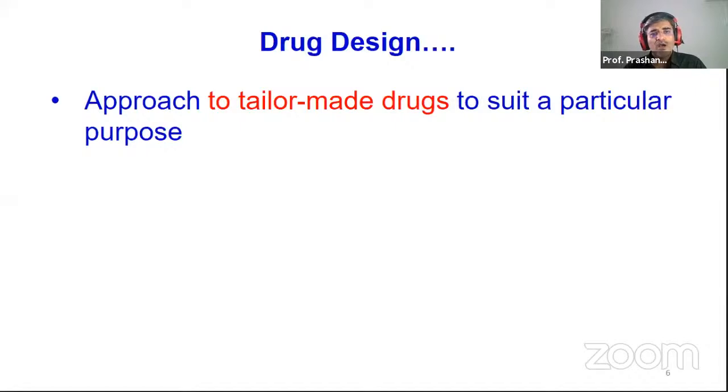The more I know about the targets or the organism against which I want to develop a drug, or the disease state where a particular protein is dysregulated, the better I can control that abnormality or dysregulation of that protein, and go ahead and make a drug which will take care of that pathological process, right? Either inhibit, augment, whatever it is, depending on the context. So you are trying to make a drug which will give you a particular therapeutic effect.